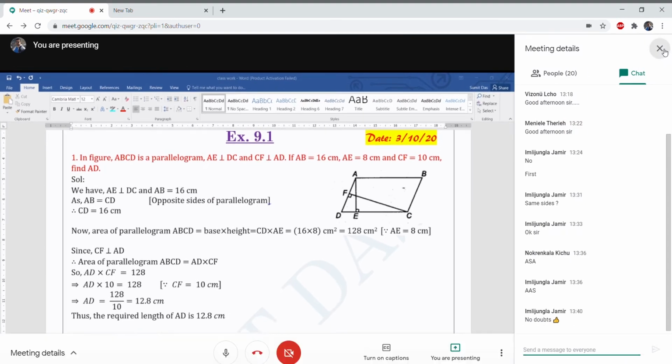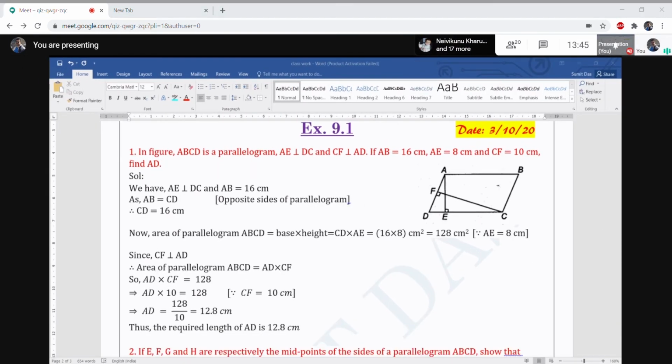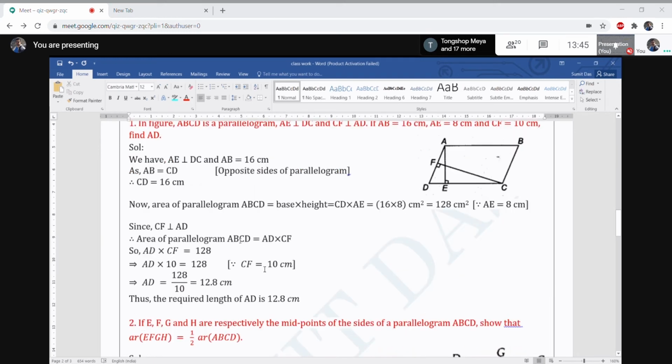Okay, then we just put the value of CF, which is 10. So the AD value from here we got 12.8, that is the value of AD. Okay, so this question is very easy. Sometimes it used to come for 2 marks. Very easy question. If you just know the area of the parallelogram, you will do this one. Okay, next